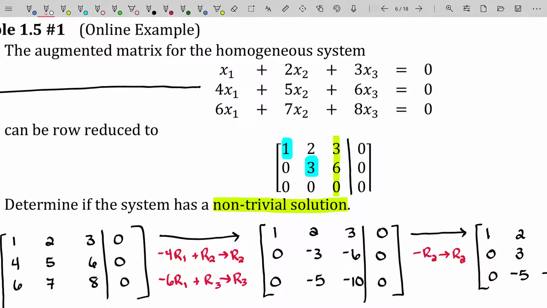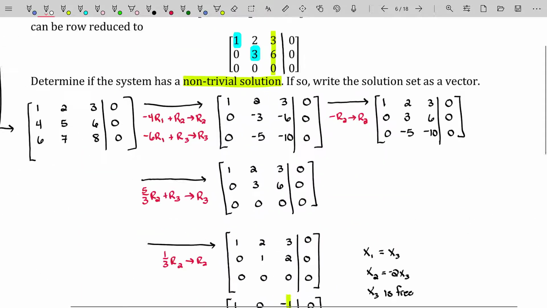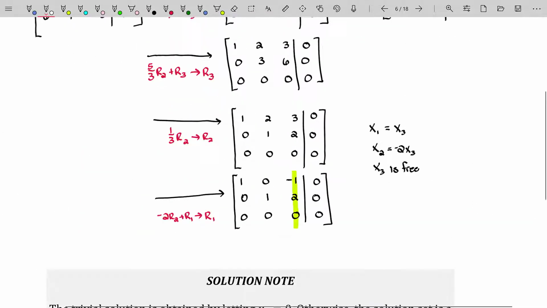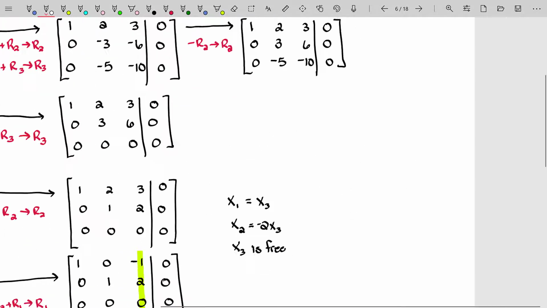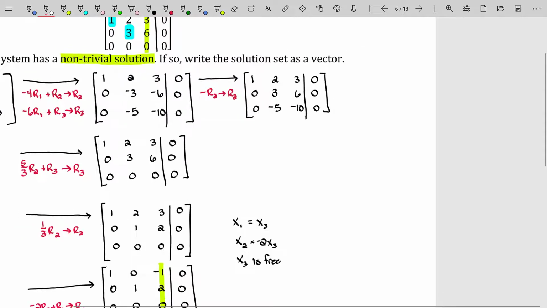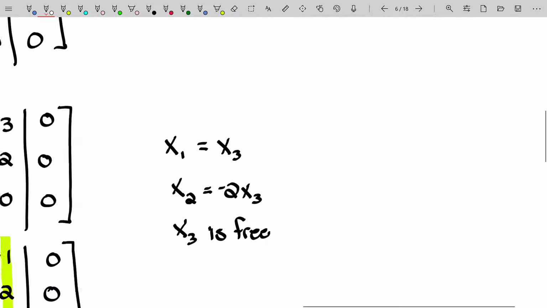But again, we were actually asked to write the solution set. So that's why I went through the rest of this process and I got down to this right here. Now, one thing you should know about the question at hand, they're asking us to write the solution set as a vector. And you may be wondering, how the heck do I do that? Well, remember, our